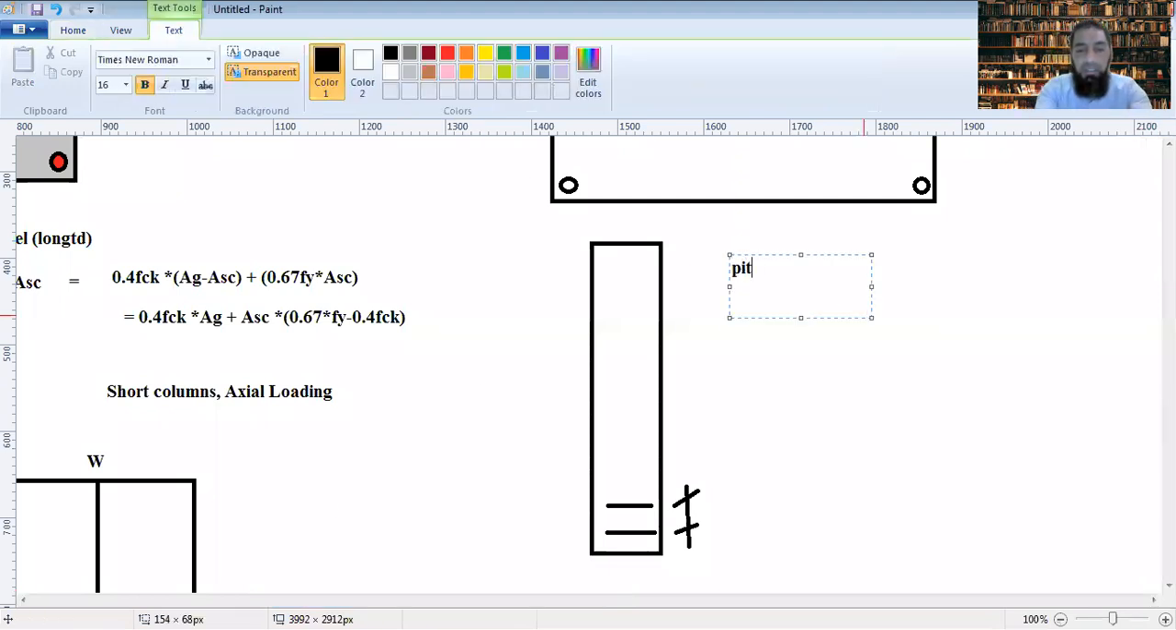And how do we provide the pitch? It's 300 mm maximum, or it is the least lateral dimension of the compression member. Least lateral dimension, that's D. If W is the larger one, then D is the smaller one. So, the depth and the width of the column. So either that, or you take